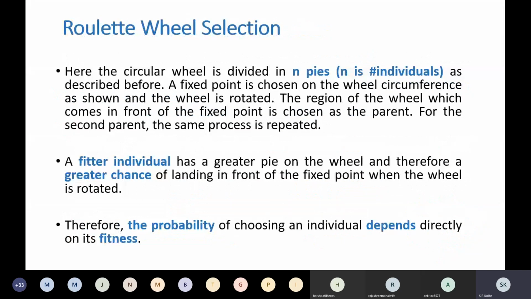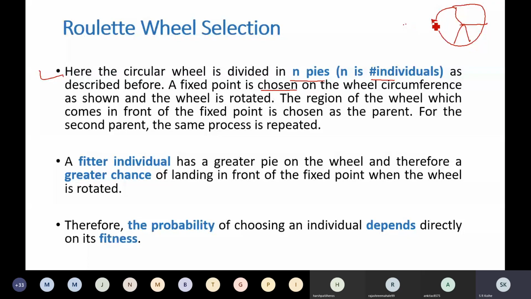Now, let us consider the first one, Roulette wheel selection. Here we have a circular wheel that is divided into n pies because there are n individuals. A fixed point is chosen on the wheel, same wheel as we have considered earlier. A fixed point is chosen on the circumference, for example this one.